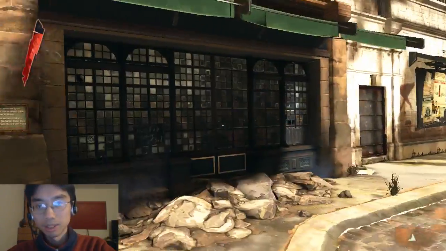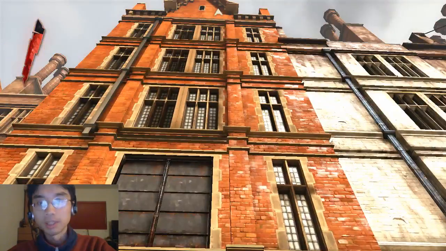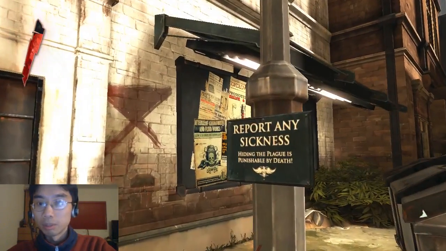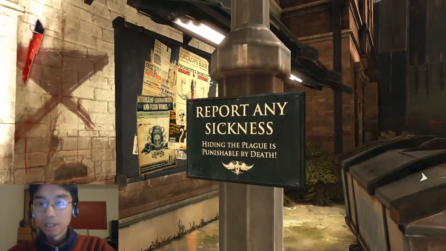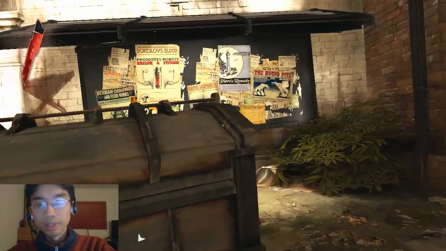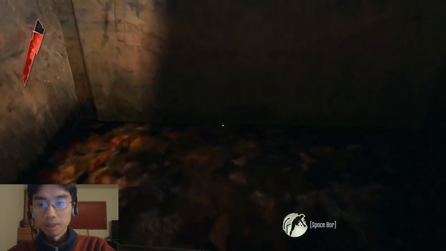Alright, so they make prosthetic limbs. Or they used to. It's closed now. Report any sickness. Hiding the plague is punishable by death. Well, that's reasonable. Although if they have the plague, they would die anyway, so...